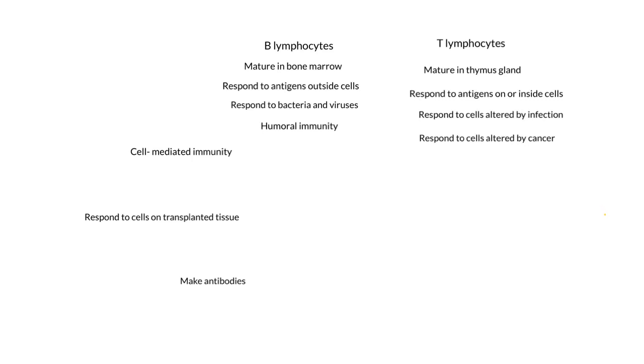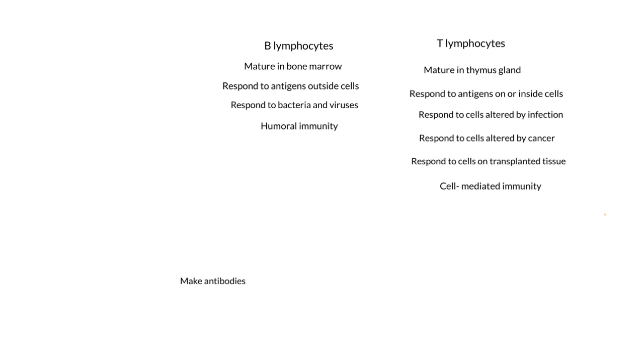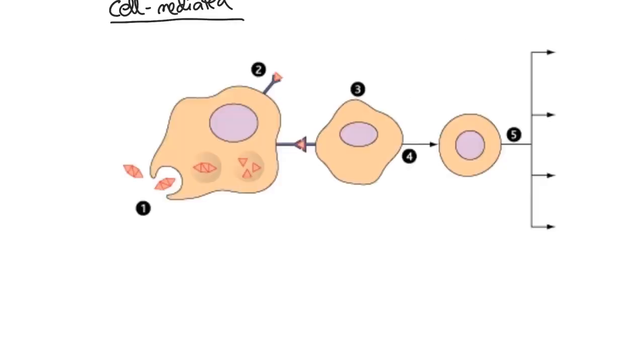And if you have to have a transplant, whether it's a blood transfusion or, say, a kidney transplant, if the antigens on the outside of those cells don't match or they look foreign to your T lymphocytes, they'll respond to those as well. So your T lymphocytes are involved with cell-mediated immunity. They will respond to antigens which are on a cell's surface membrane, not a bacterial cell, but a human cell. B lymphocytes are the ones that make antibodies. T lymphocytes help to get rid of that infection by making other kinds of cells.